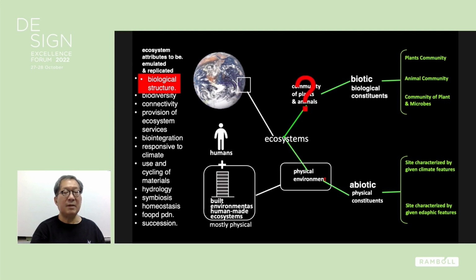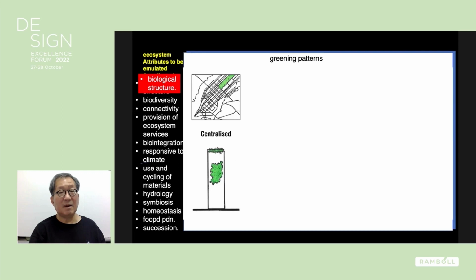But if you look at the existing built environment today, if you look at its biological structure, you find that it is almost physical. Where is the community? Where are the body constituents? You can see the big question mark. Look at the room that you're in at the moment. Everything in this room, except for you and the bugs, is inorganic. And so the first challenge I gave to myself is, how can we bring more body constituents into the built environment? And so I started to look at patterns.